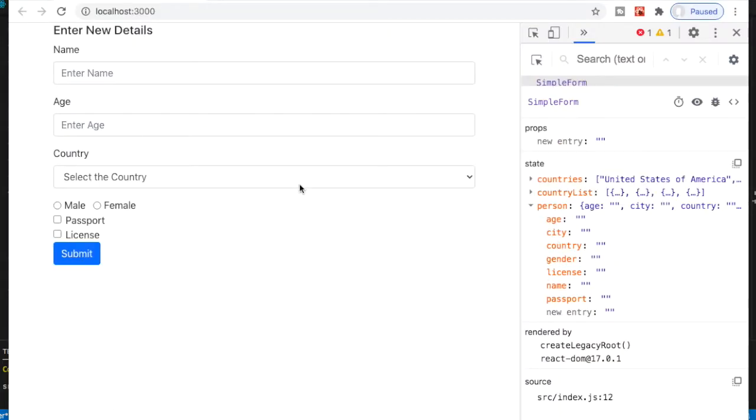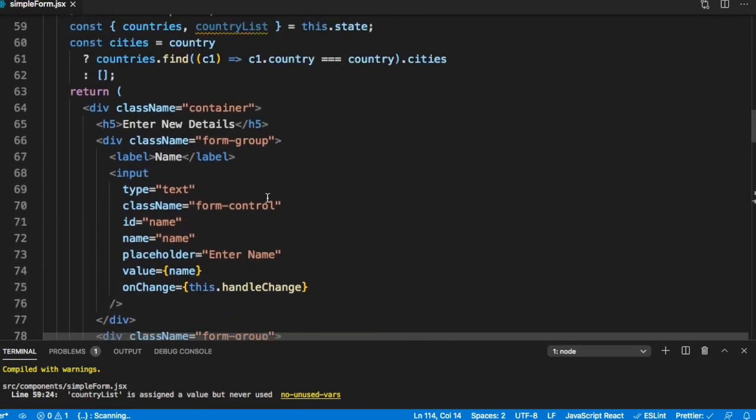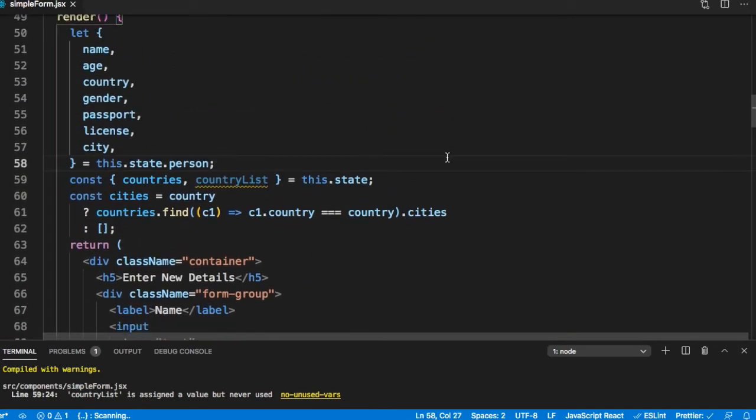And we have the field city. Now let me choose the country, say United States of America. And this gives me an error. Cannot read property cities of undefined. So it's giving an error at line 60. Let's check it out. So what is the error?